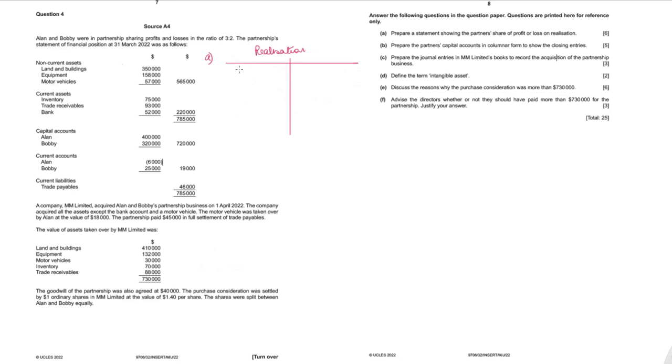On the debit side, we will be recording first book value of all the assets except bank. Credit side, we'll be recording all the liabilities except partner's loan. Partner's loan is anyways not there, just trade payables is there. So let's start with that. Trade payables on the credit side and all assets except bank on the debit side. So land and building,